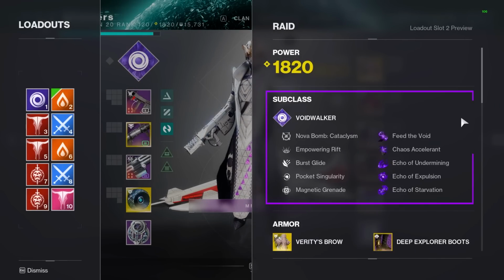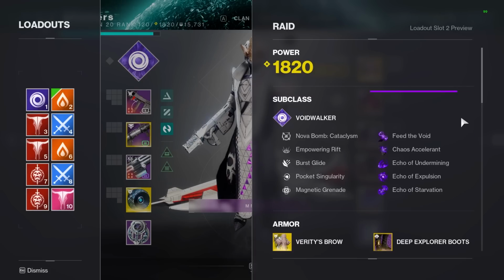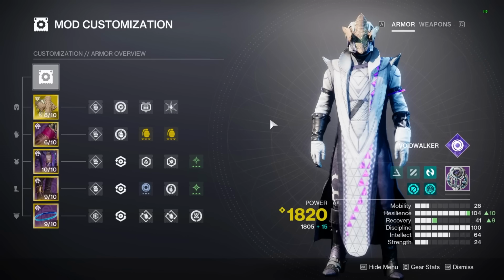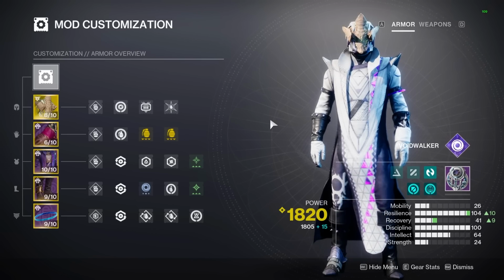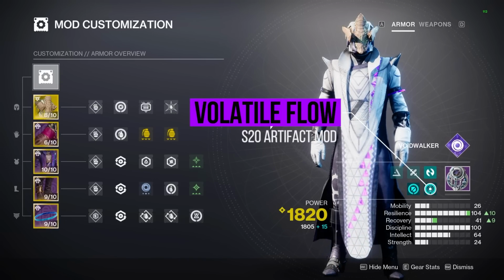As always, on screen right now is going to be the full build specs. This is our subclass layout, so make sure your subclass looks the exact same when you save it in a build, or if you're just running through the subclass layout yourself and saving it on DIM. Once again, here are all the mods with the build, and specifically you can see that I do have on Volatile Flow in my artifact,